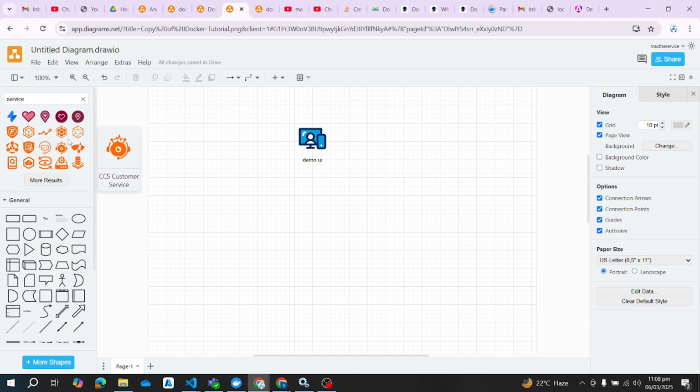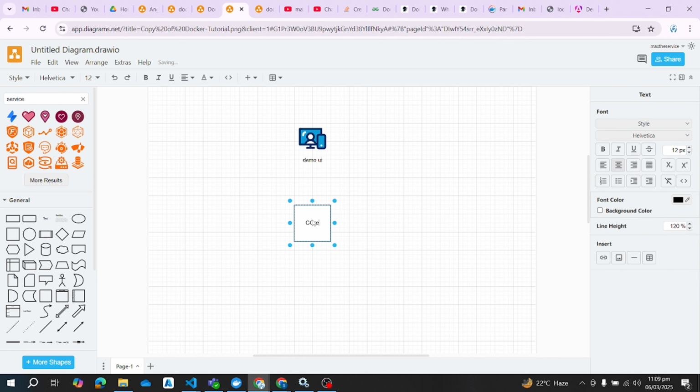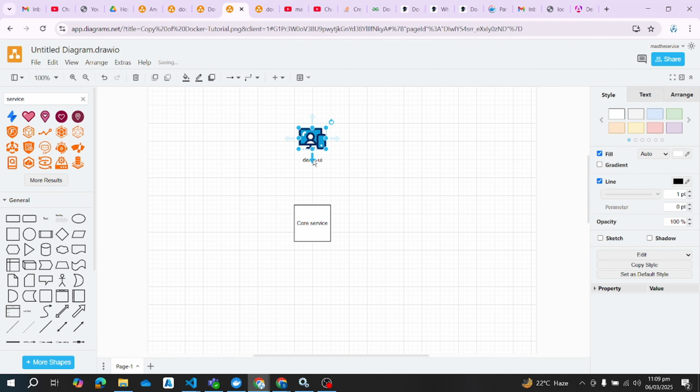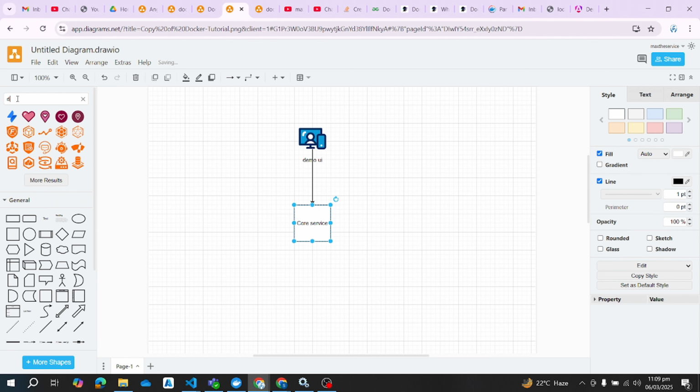So this UI, in the next session, will be communicating with this core service, and then this core service will be